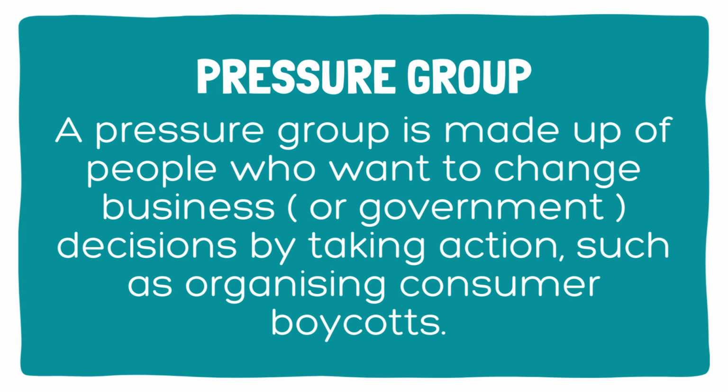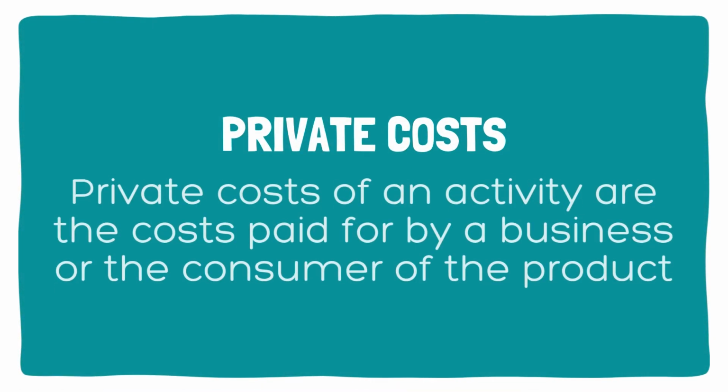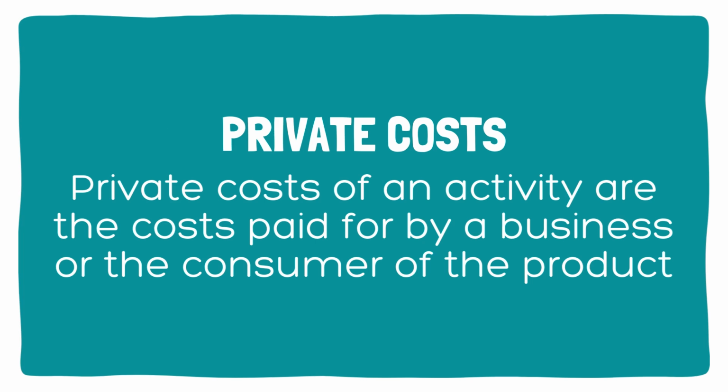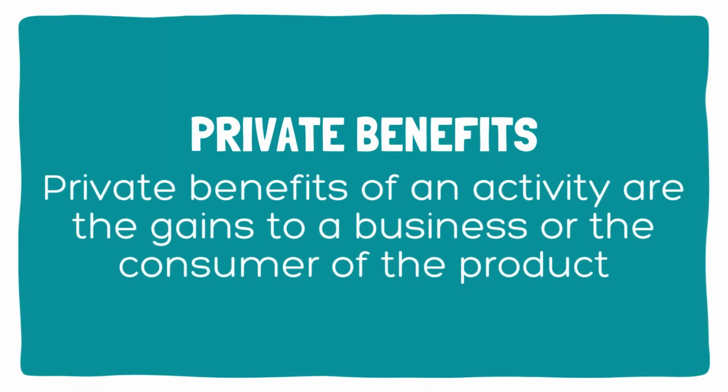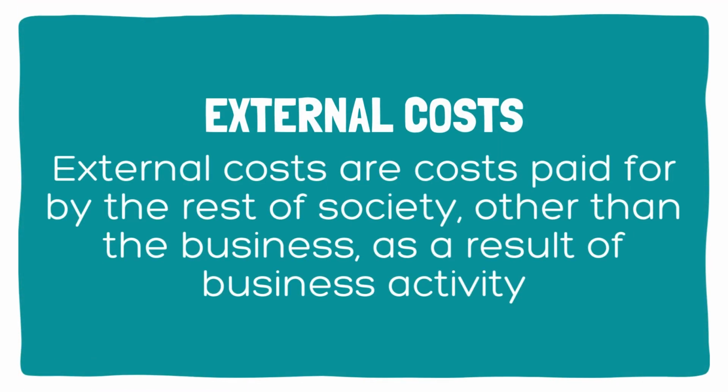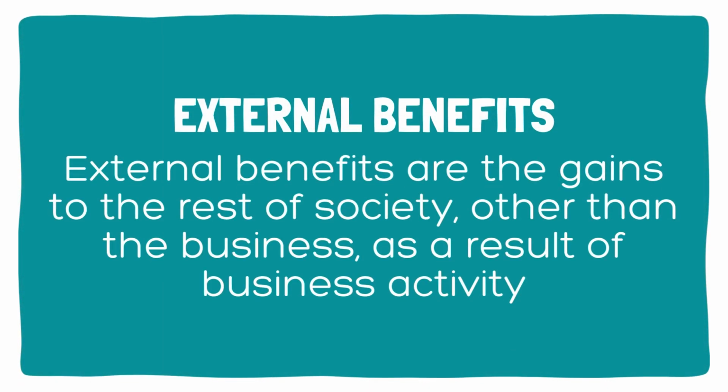as organizing consumer boycotts. Private costs of an activity are the cost paid for by a business or the consumer of the product. Private benefits of an activity are the gains to a business or the consumer of the product. External costs are costs paid for by the rest of society other than the business as a result of business activity. External benefits are the gains to the rest of society other than the business as a result of business